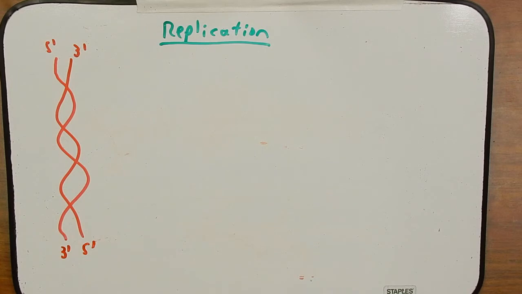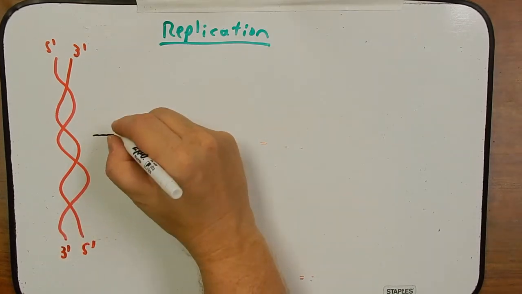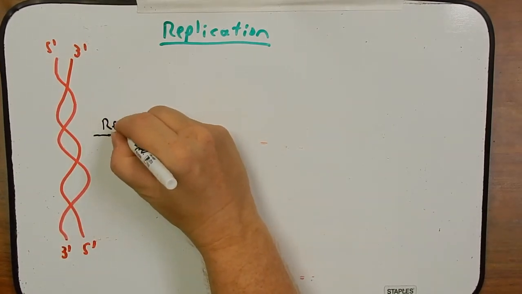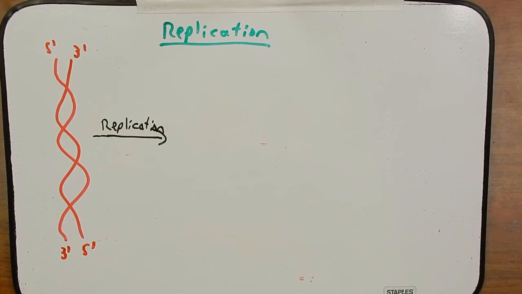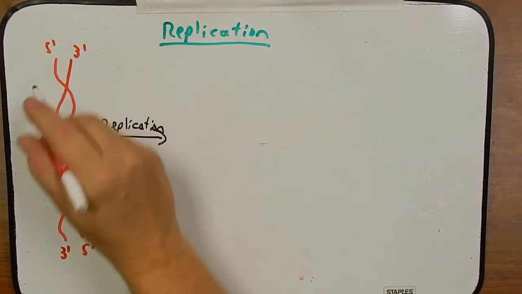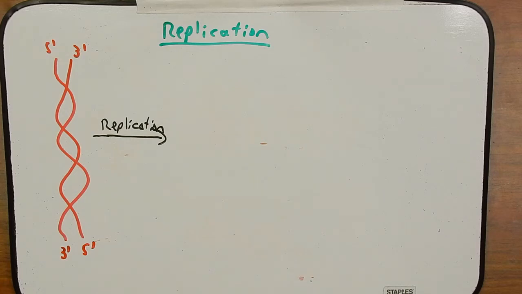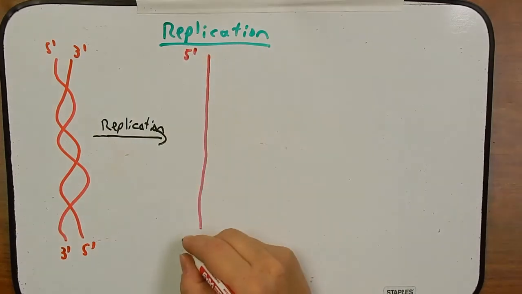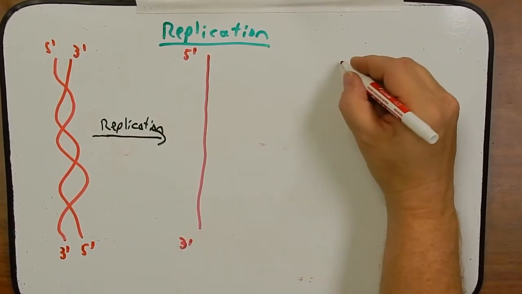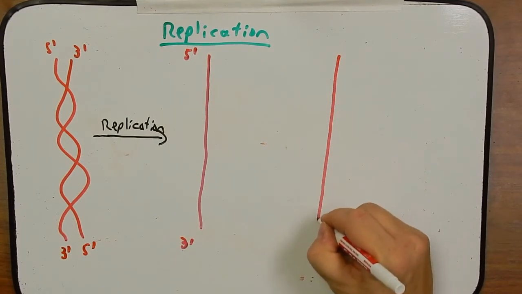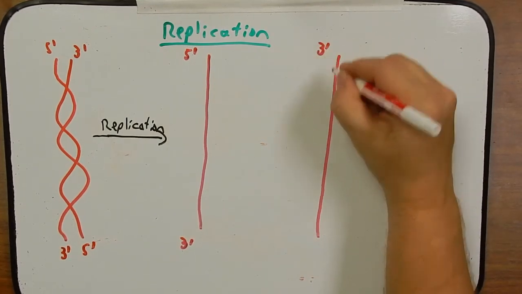Well, there's a lot of different theories, and we're not going to talk about all the theories in this class. I'm just going to explain to you the way we know that it actually happens. So first, during replication, these strands are pulled apart. This strand and this strand are slowly pulled apart. And I'm going to draw it this way, but I want you to know that it doesn't really pull them all the way apart and then replicate it, but it's just easier to show it this way for now.